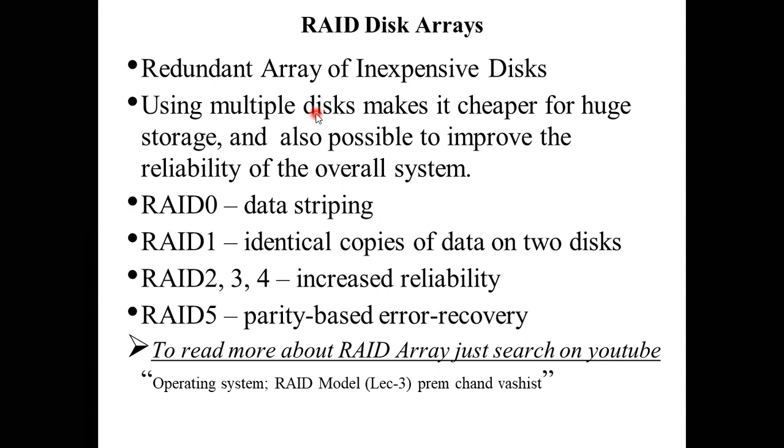How is it increasing the efficiency? It is increasing the efficiency because, for example, take the railway reservation system. I have 3 replications of the same data. 3 replications means there are 3 copies of that particular data in the system. If I am accessing particular data from track 1, another user is accessing some data from track 2, and the third user is accessing the data on track 3.